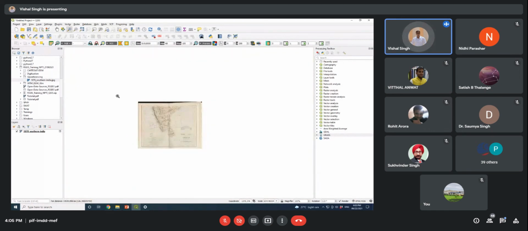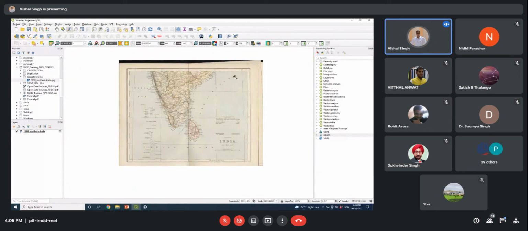Okay, and another very important thing is that if you do the georeferencing, we always go in clockwise or anti-clockwise directions. It should not be random. Suppose you put one point here, another point here, the third point here, and the fourth point here. It shouldn't be like this. You should always follow the clockwise direction. Then whatever transformation you use will give the most accurate values.